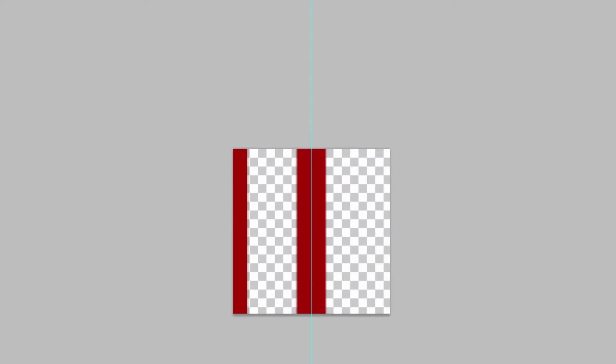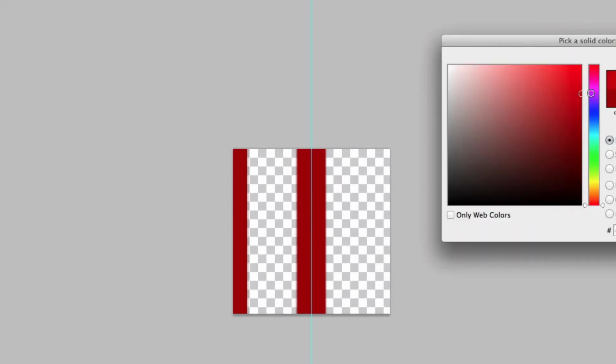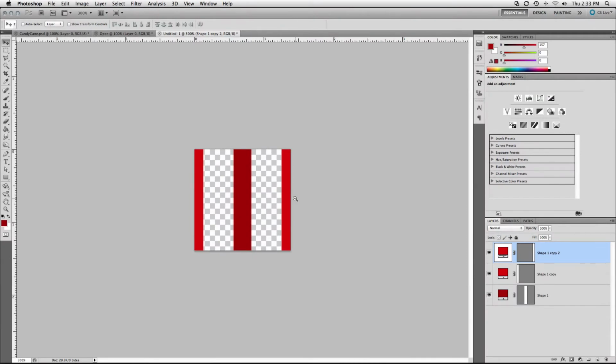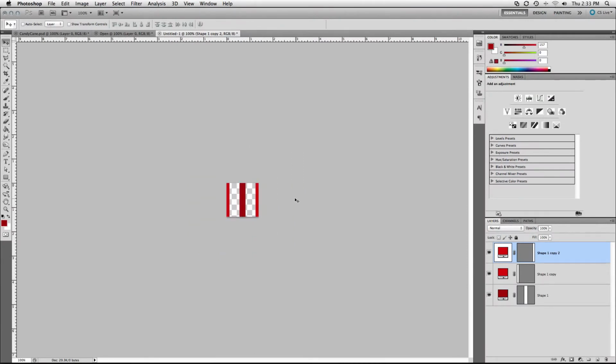When it's in place, I'm going to change the color of this rectangle to be a touch more vibrant. It's going to give us some variation to our pattern. Now, after that's complete, duplicate this rectangle over to the opposite side of your document, making sure that it snaps into place. Good, now our pattern is complete. It may look quite boring right now, but once we pop some layer styles on it, it'll spice it up a little bit.